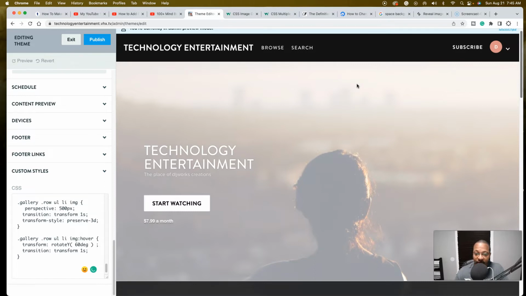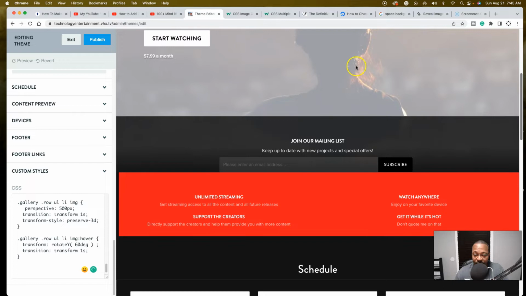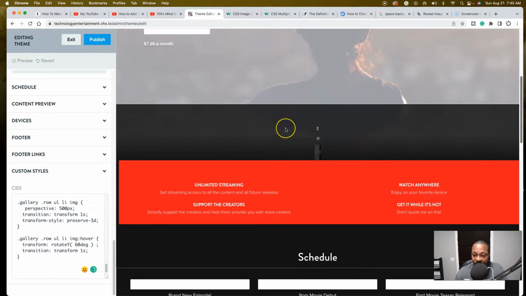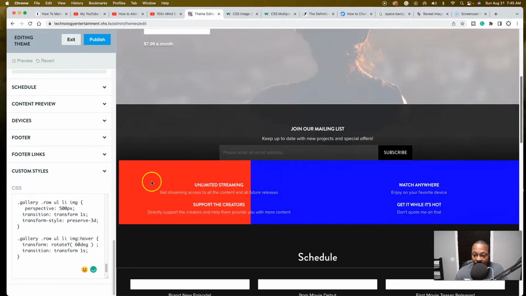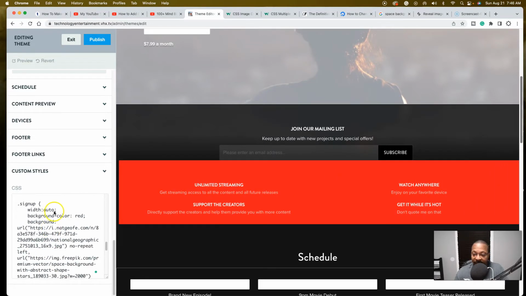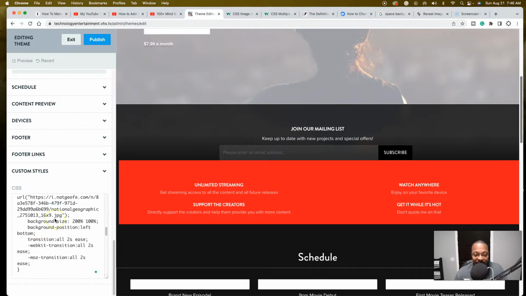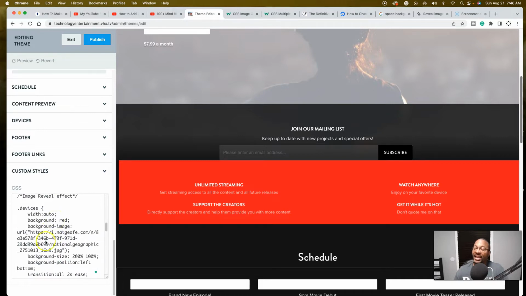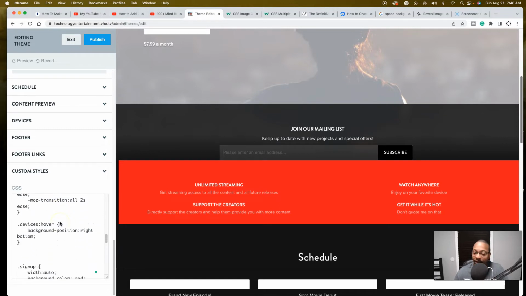I'm going to do a comparison right now because, as you can see, I've added some hover effects, some 3D spinning hover effects. We're making a mailing sign up spin right here. We have a color reveal that I've added to this little text box that Vimeo OTT gives you. You can do some very magnificent things with this little box if you are very knowledgeable of CSS,